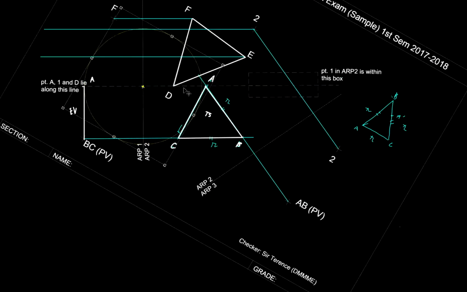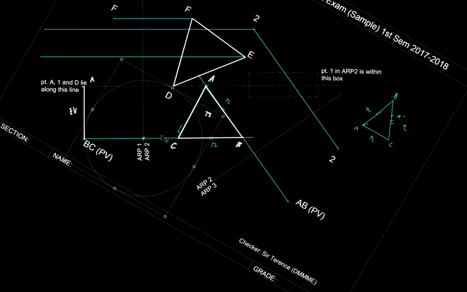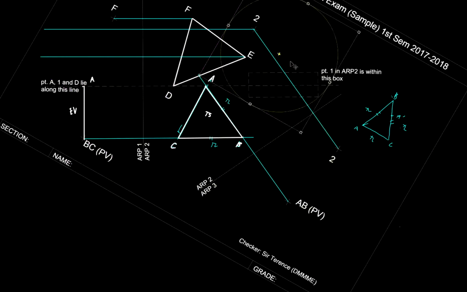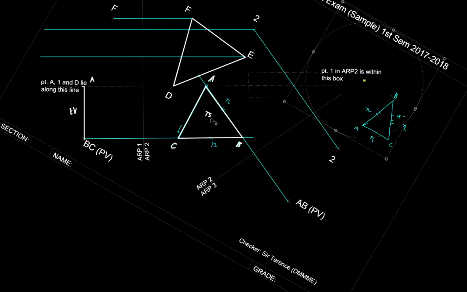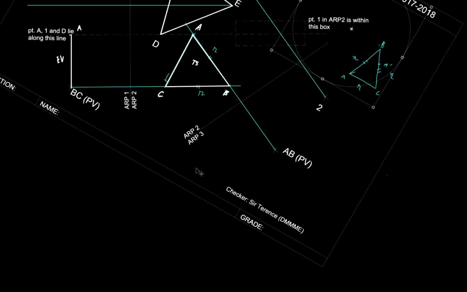Similarly, pwede din nating kopyahin itong, it's the same distance, no? Tama. Since true size to, actually pwede palang hindi na natin kinopya yung distances, no? Because we know that this is a true size, therefore, again, sabi natin kanina, if any view before and after your true size will always be an edge view that is parallel to the folding line. So actually, eto, if I projected